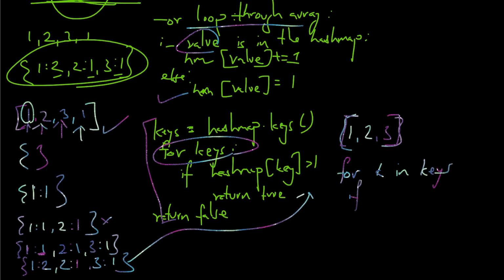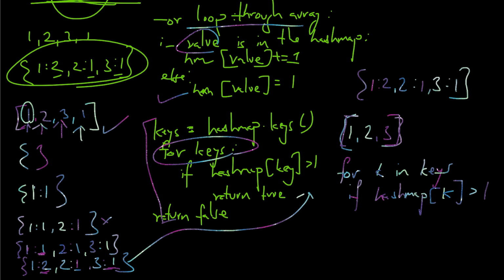And I'm going to check if any key of that hash map has a value greater than 1. If it is greater than 1, it contains a duplicate. So since your hash map, I'll draw it over here, 2 colon 1, 3 colon 1. If hash k is greater than 1, the pointer is for this key. Yes, it is greater than 1, it is 2. So we certainly return true because it is a duplicate.